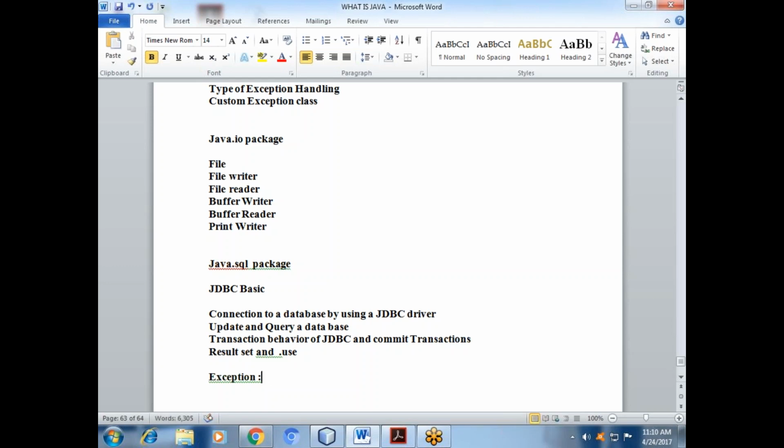So you can write some notes about exception for confirmation.